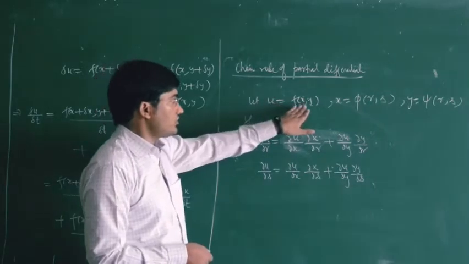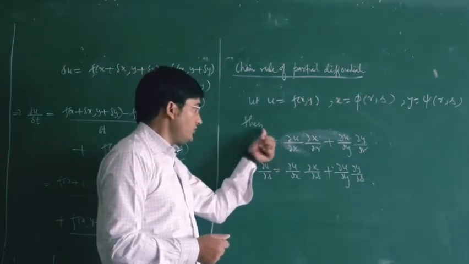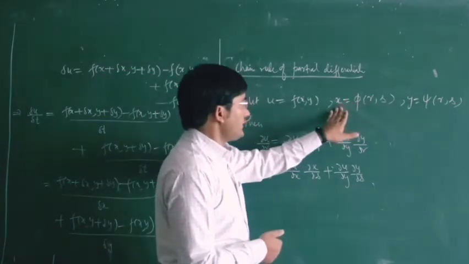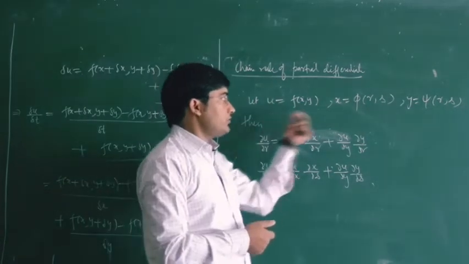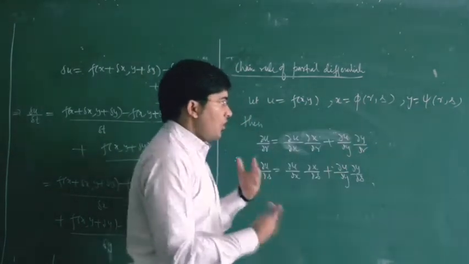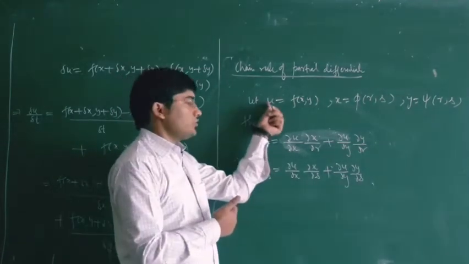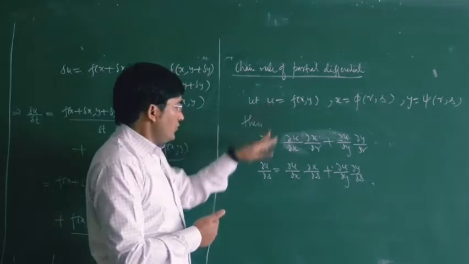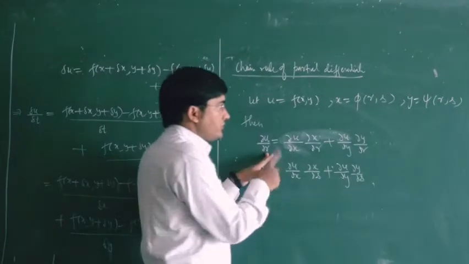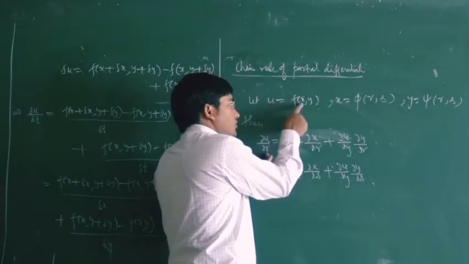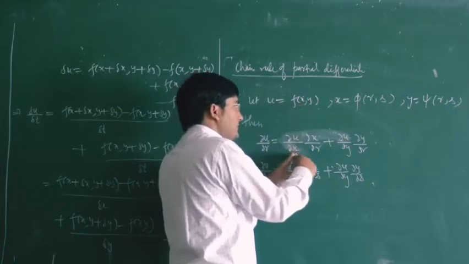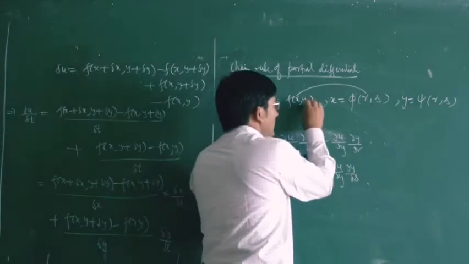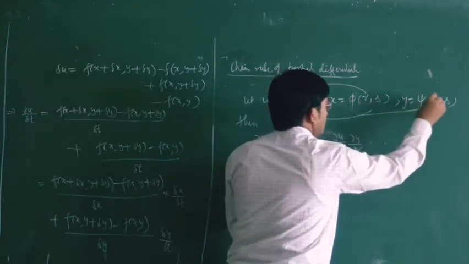Here you can see that our u is a function of x, y, and we have to find the differentiation of u with respect to r. So again we have two choices: either put the values of x and y here, then we will have just two variables, r and s, and directly differentiate u with respect to r or s, or you can use this chain rule of differentiation. Here we are not differentiating directly with respect to r because our u is a function of x and y. So first we will differentiate with respect to x, then the differentiation of x with respect to r, then we will differentiate with respect to y, and then the differentiation of y with respect to r.